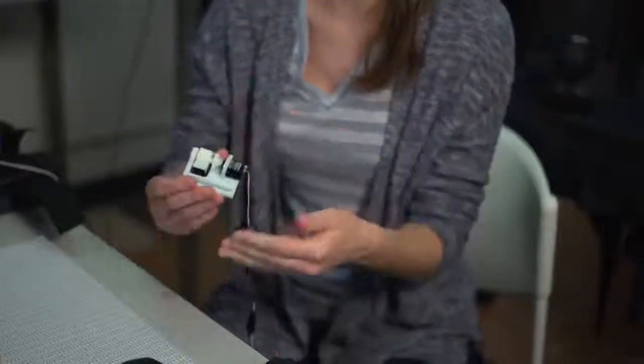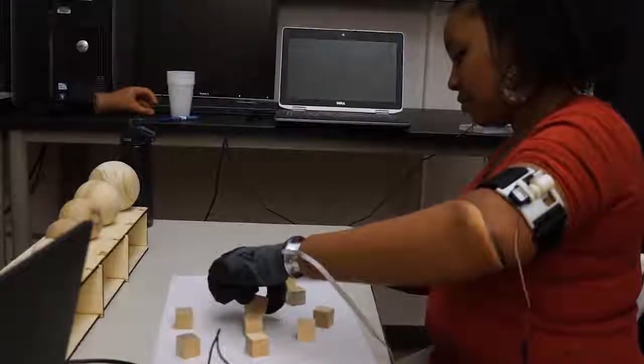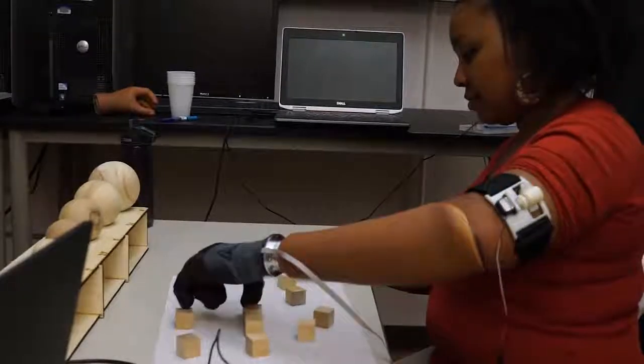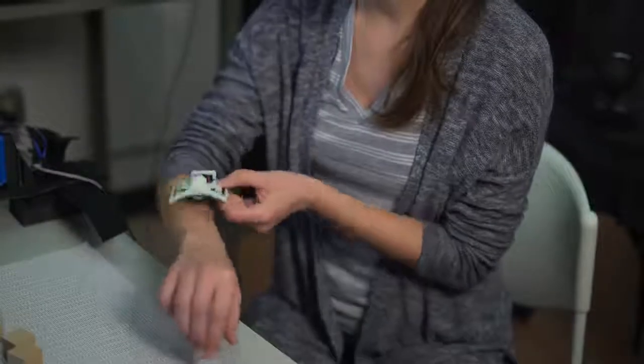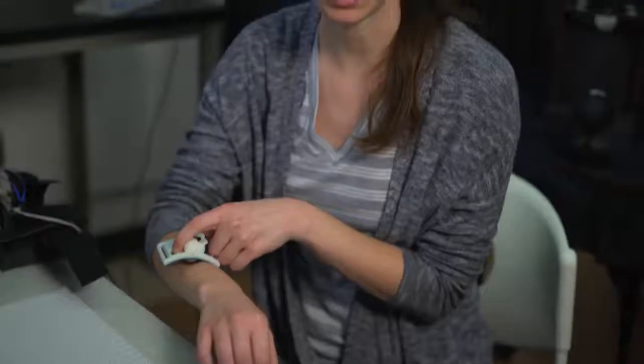Haptic feedback kind of refers to anything having to do with the sense of touch. So we're creating sensations on the skin using the sense of touch in other areas of the body as a replacement for the sense of touch in the hand. And so there's certain mappings from one source of feedback or one sort of stimulus to an aspect of the prosthetic hand. In this case, it's how open and closed it is, referring to the rotation of a skin stretch device. And so this is set on the arm, and it rotates to different degrees, showing you the extent that